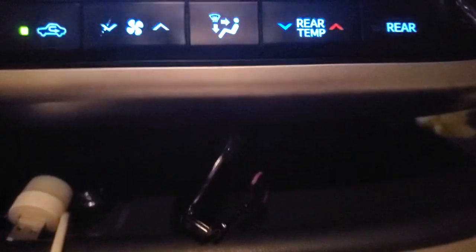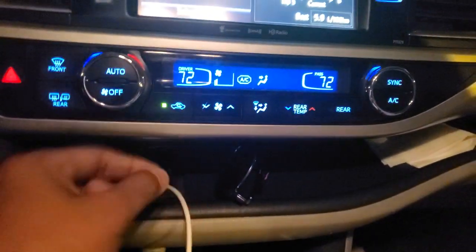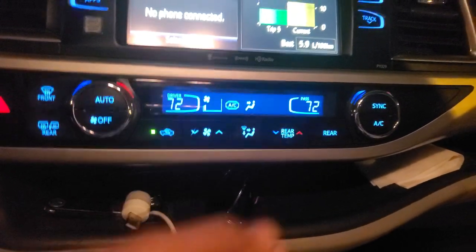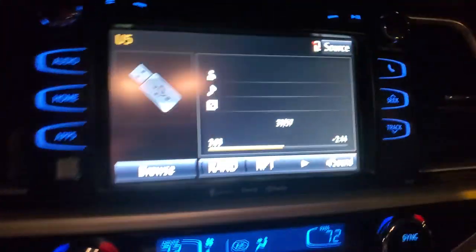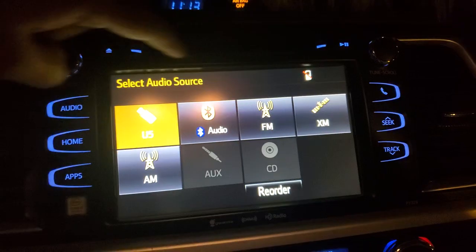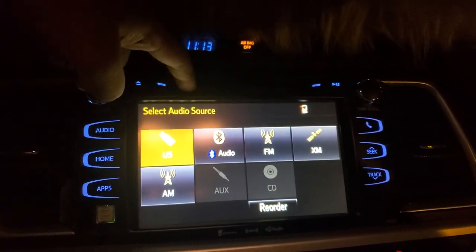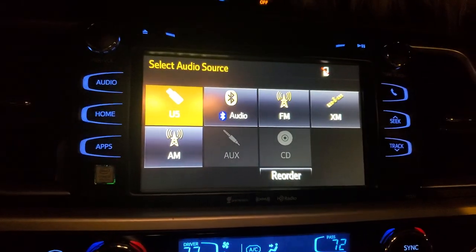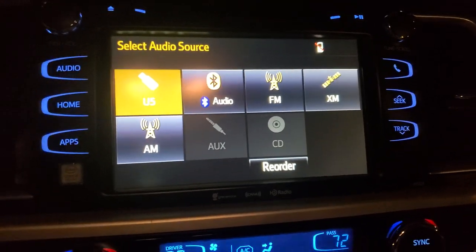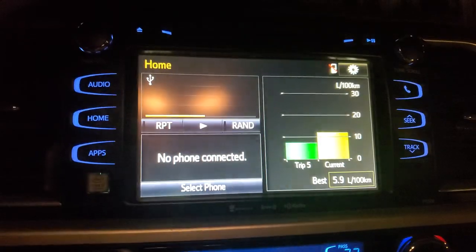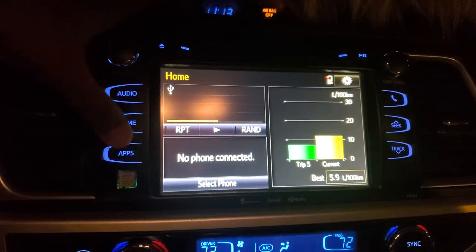So if you attach the phone or any audio device, there is a jack inside here in the dashboard. So if you insert the sound jack, then you can run this audio from the aux cable also. Okay, then we have the CD player, which is here. Right now there is no CD, so it is black, meaning it is disabled right now. When you insert a CD, then you can use it. And then let's go to the home again. These all are touch buttons.